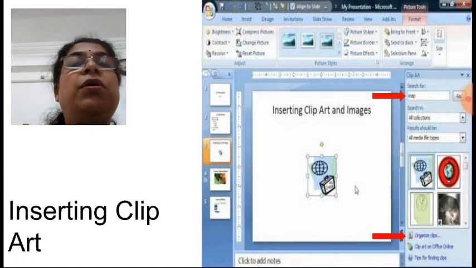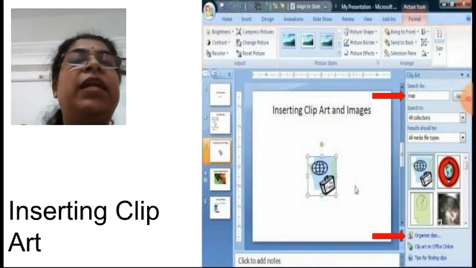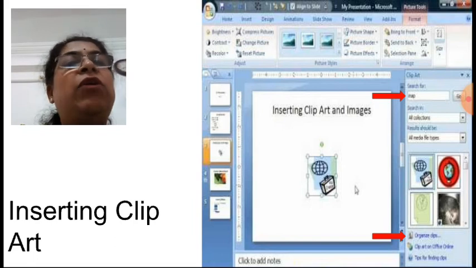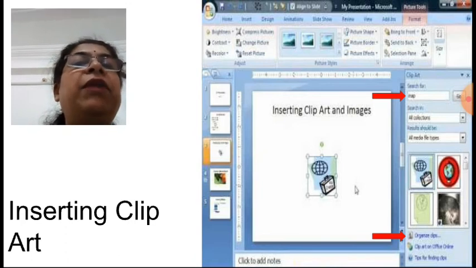After clicking on Go, what will happen? The pictures or figures available related to the topic which you have given will all get listed on the right-hand side in that Clip Art pane, and from there you have to click on Insert. Select the picture whichever you want and click on Insert. It will get inserted in your slide. You can resize that clip art which you have inserted.